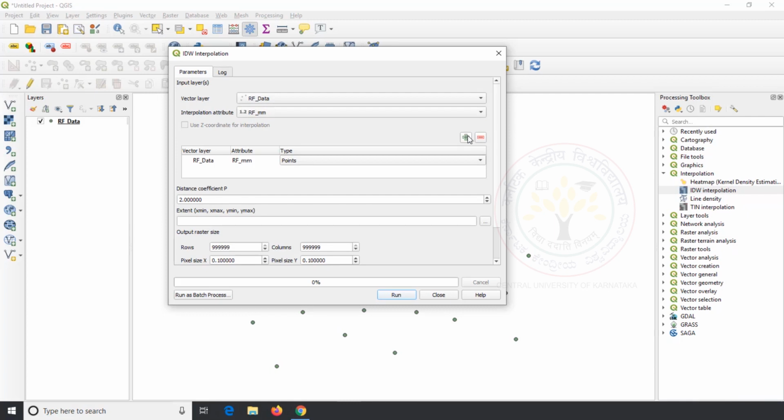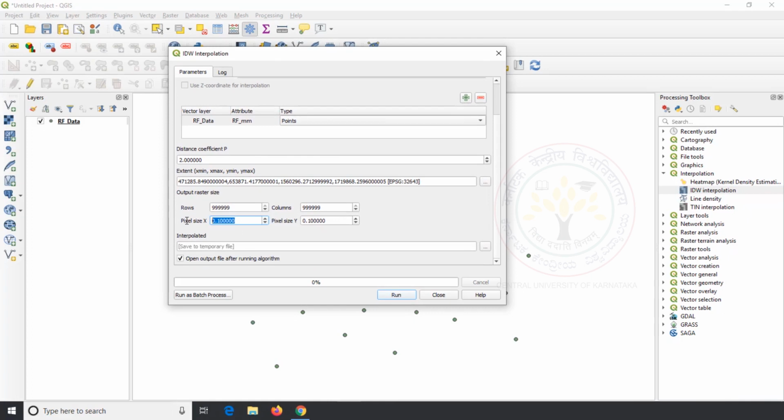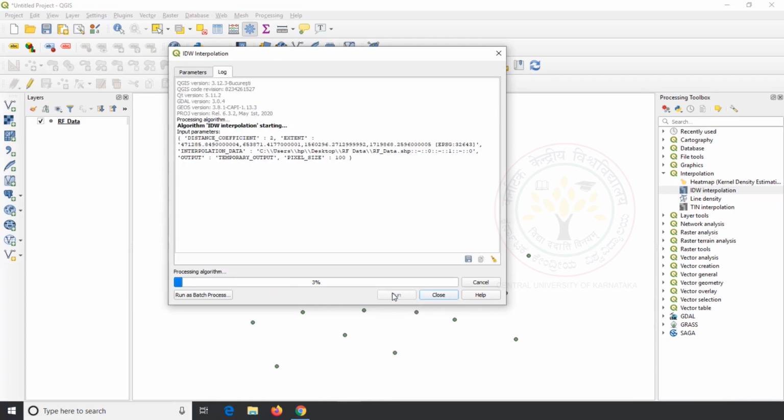Now we can see the information is added in the box. As our input data is point, let the type be point. Define the extent as use layer extent of our RF data and the pixel size is 100. Click on run and close the window after the process is over.